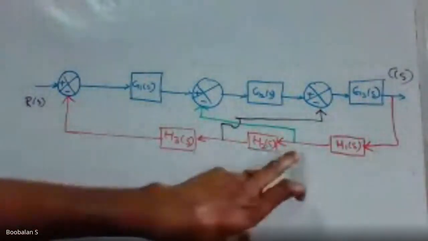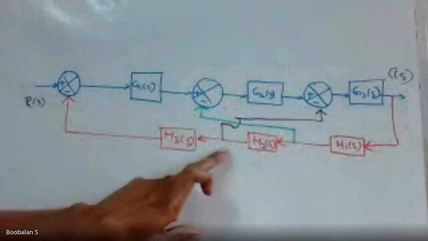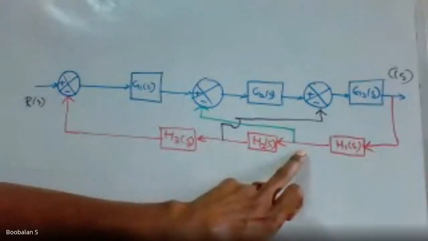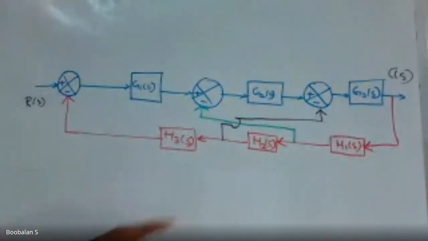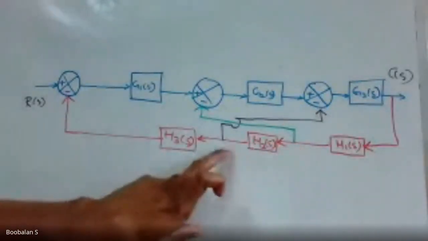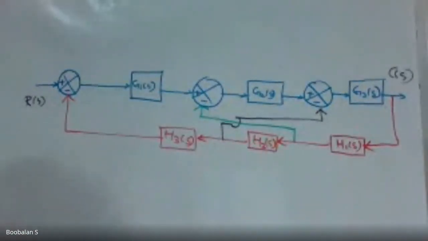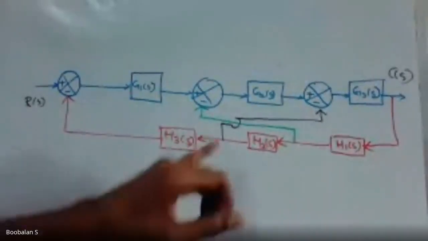So you could bring this green color over here. Otherwise, you could bring this black over here. So both of the things are correct. You could bring this green over here, or else you could bring this black into here. So either way it will be very easy. Then I could easily go on.